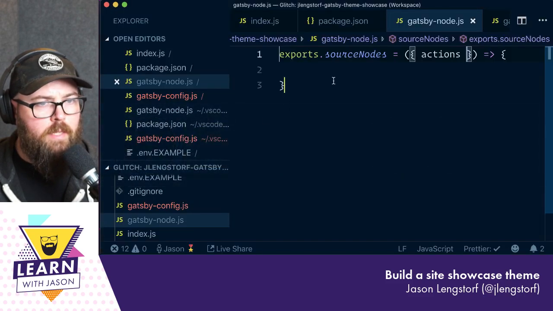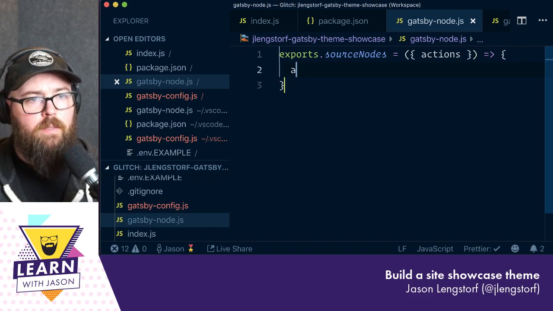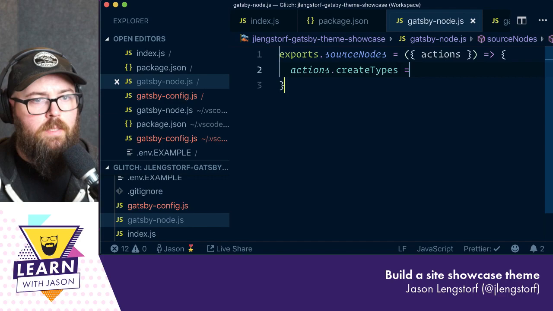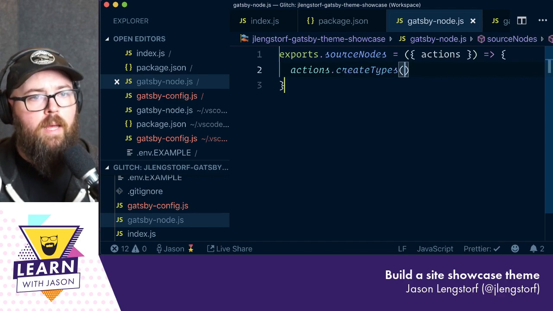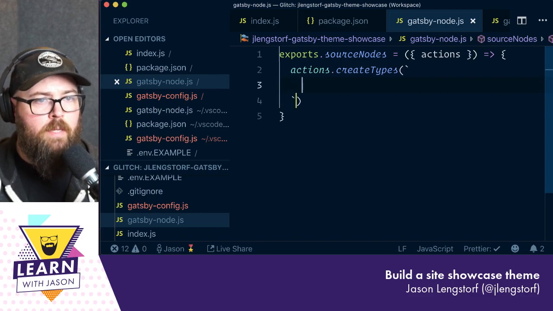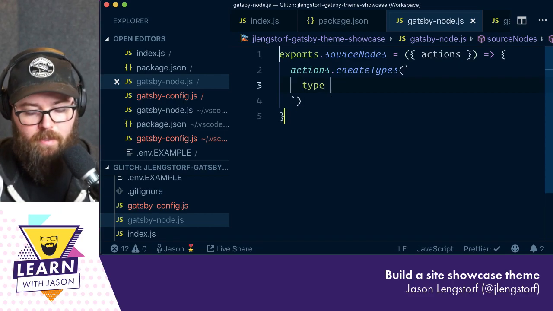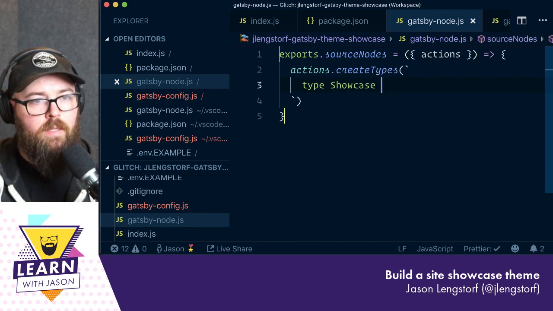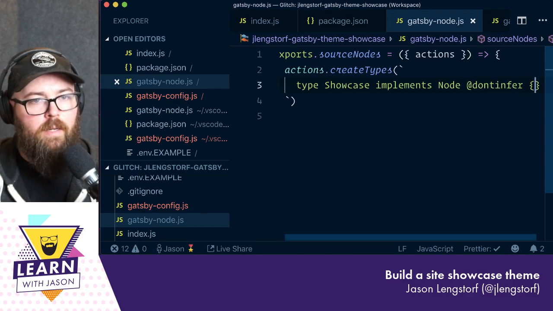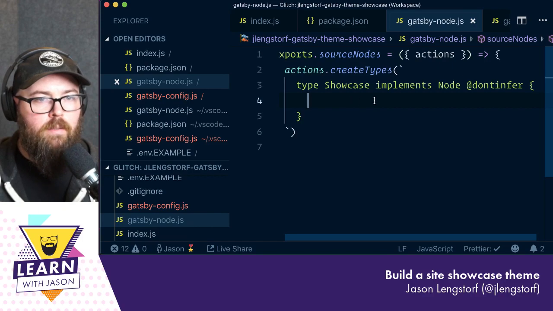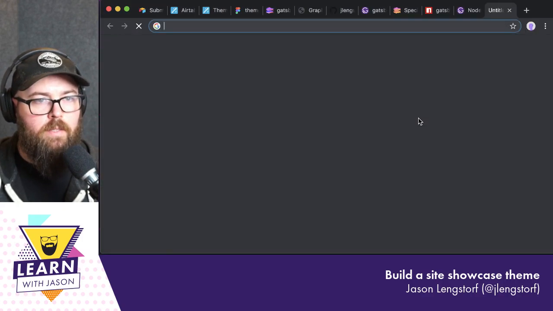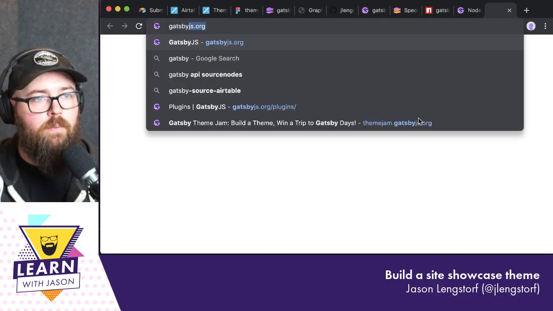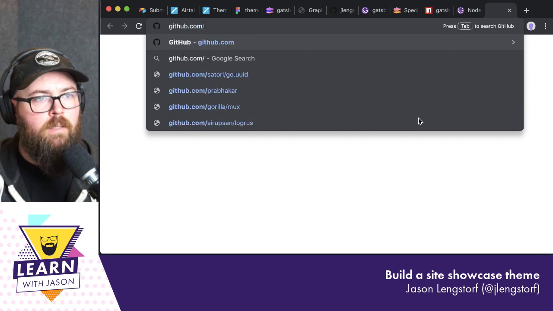All right, so let's get into this Gatsby node. What I want to do is an actions create types. And to just show how this works, I can specify a generic type. So let's say I'm going to do type showcase, and this is going to implement node, and we'll say don't infer. Let me look up that syntax real quick before I try to explain what it is, to make sure I'm not making stuff up. So I'm going to go to GitHub,